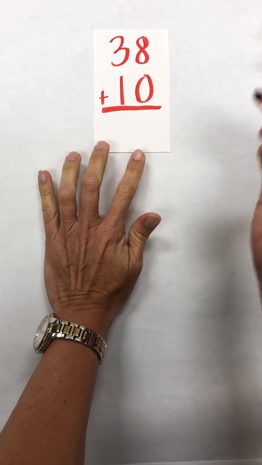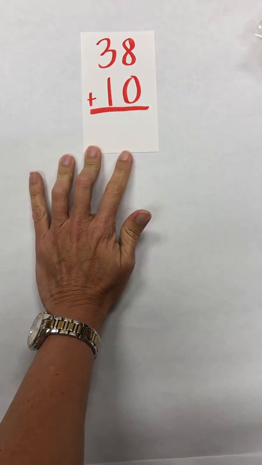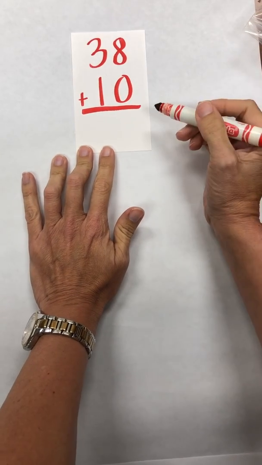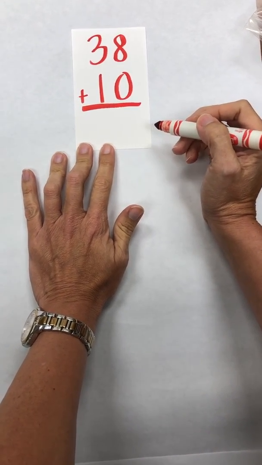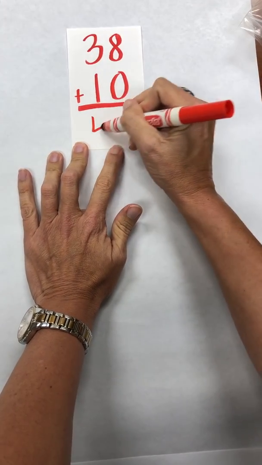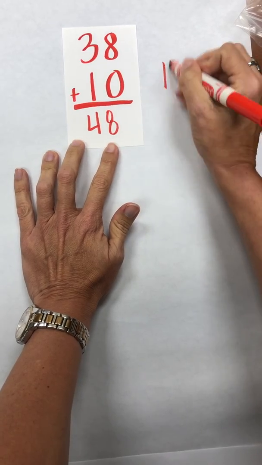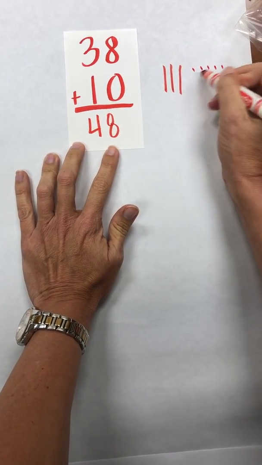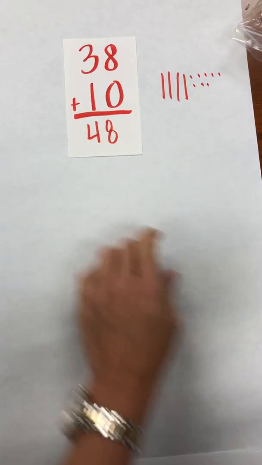So here we would just see 38 plus 10. Because I've learned and have a really good understanding of tenness, then I could think about my hundreds chart. I could visualize where 38 is, and what happens when I add 10 is that I drop down, and that would give me a sum of 48. I could also go over to the side and draw my 38 and add another 10, which will give me a sum of 48. All right, now